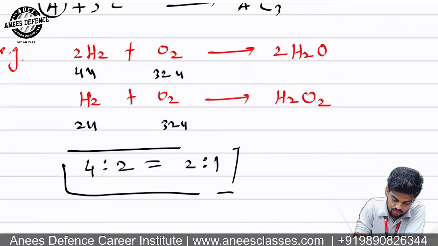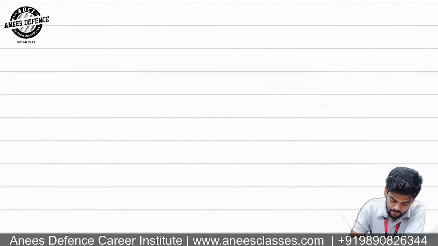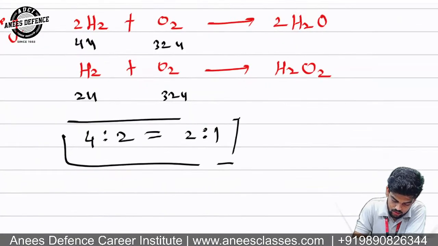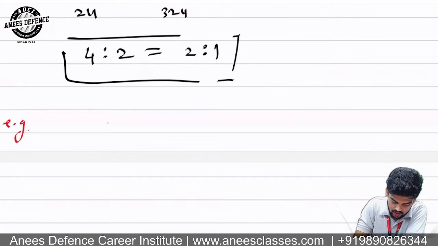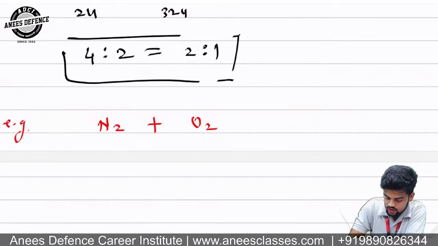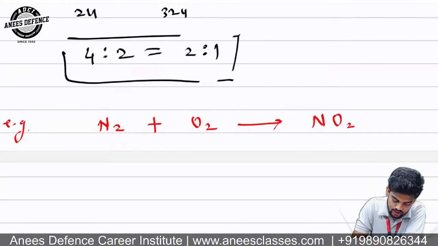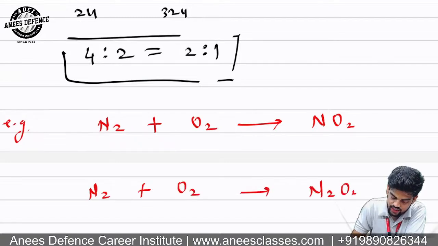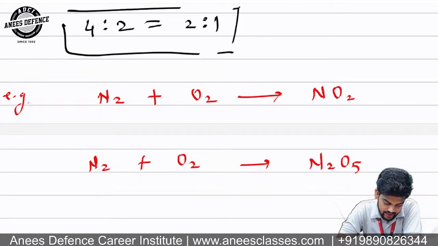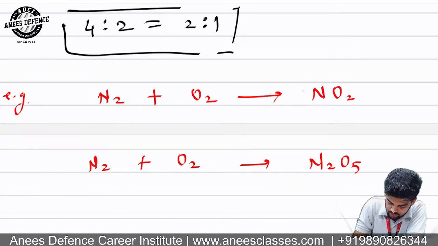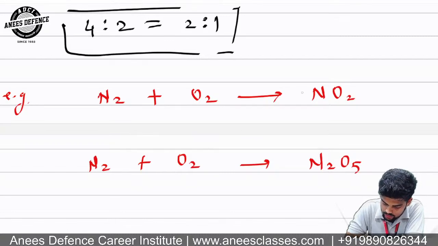अनदर एग्जांपल से समझते हैं। वी विल टेक अनदर एग्जांपल, दैट इज, नाइट्रोजन प्लस ऑक्सीजन, ये NO2 कंपाउंड फॉर्म करता है। सिमिलरली नाइट्रोजन प्लस ऑक्सीजन, ये N2O5 कंपाउंड भी फॉर्म करता है। बट लेट्स सी, अगर मैं नाइट्रोजन को दोनों रिएक्शन में कॉमन करूं, तो कैसे किया जाए? देखो, यहाँ 2 नाइट्रोजन है, यहाँ 2 नाइट्रोजन लाने के लिए मैं 2 से मल्टीप्लाई कर रहा हूँ, सो यहाँ 4 ऑक्सीजन हो रहा है। तो दोनों रिएक्शन में नाइट्रोजन सेम करने के लिए मुझे यहाँ हाइड्रोजन ऑक्सीजन लेना पड़ेगा।